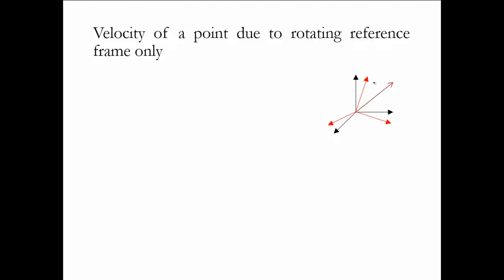So now let's assume we have a frame in black color. This is our base frame, and let's assume there is another frame which is not translating with respect to this frame, but is just rotating with respect to it, which is in red color. Then let's assume we have a vector denoting a point P, and obviously the origins of both will merge. So we can express this vector in this one, or we can express it first in the red one and then transform it as per the transformation between the two frames.